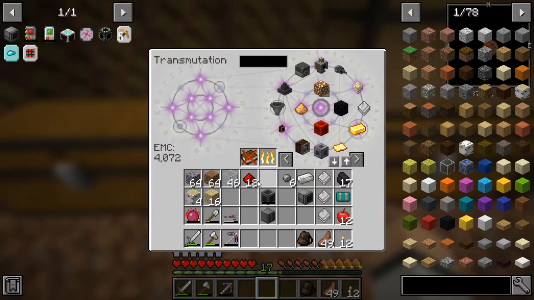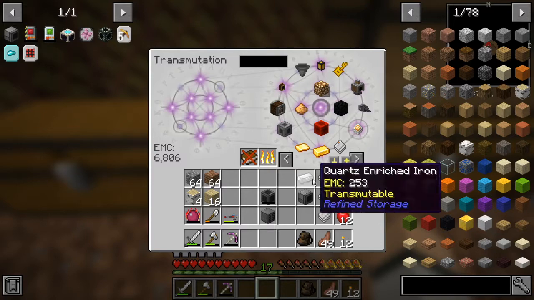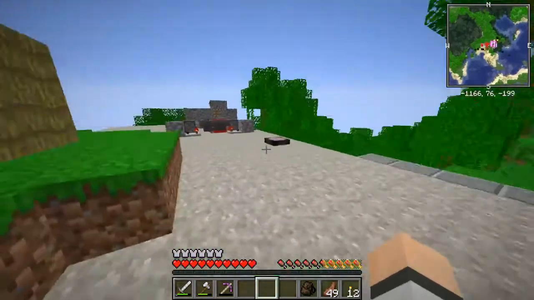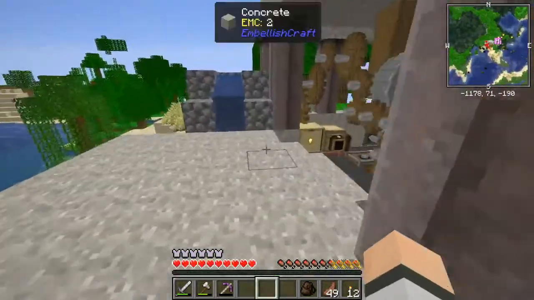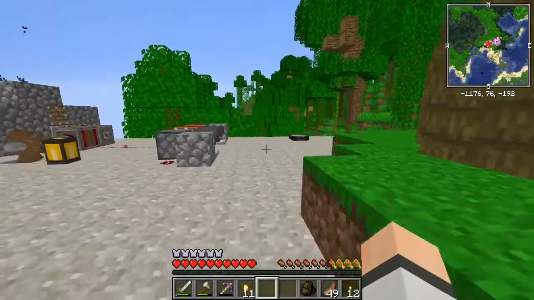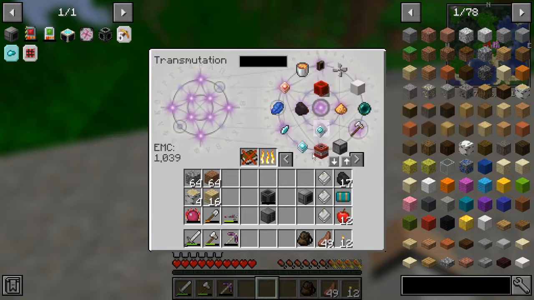Oh, I don't have all the EMC required to be able to make the crafting grid. Ugh. I need 8,500. Ow. I mean, any amount of nuggets is always good for EMC, you know? Yeah. Alright, and then,